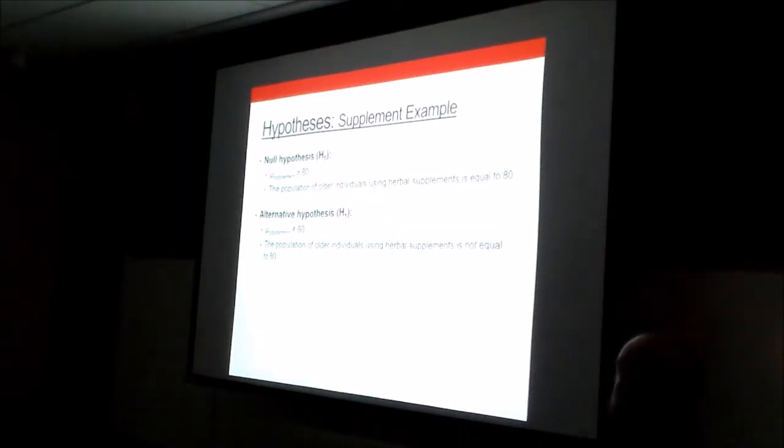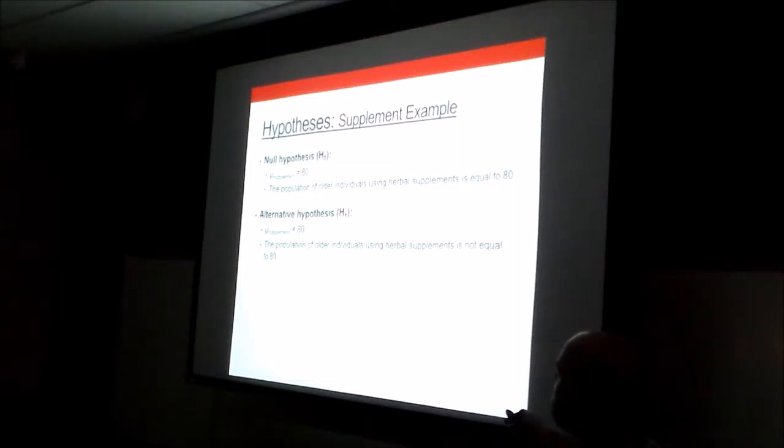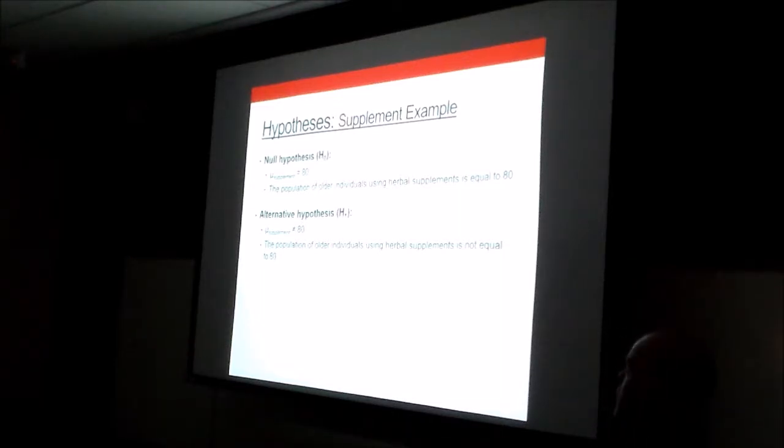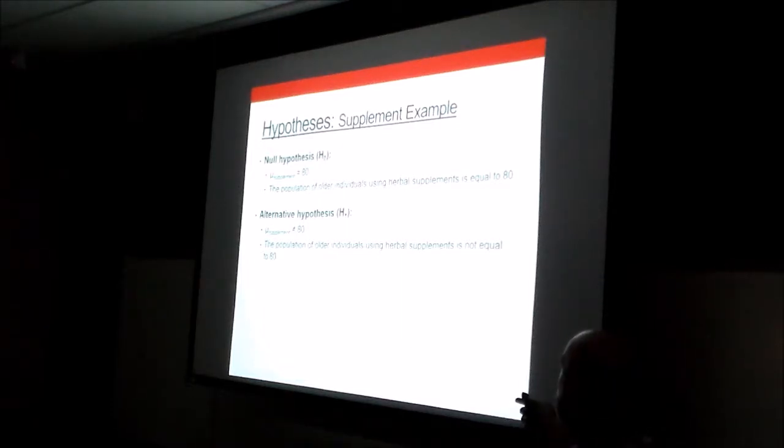So for our supplement example, we can state our null hypothesis in a couple of ways. Here's statistical notation, how we might state this. If we were to say this in words, our null hypothesis might be: the population of older adults using herbal supplements is equal to 80. Our alternative hypothesis: the population of older adults using herbal supplements is not equal to 80. So you can see in these statements what we're doing is identifying what the population is, and you are